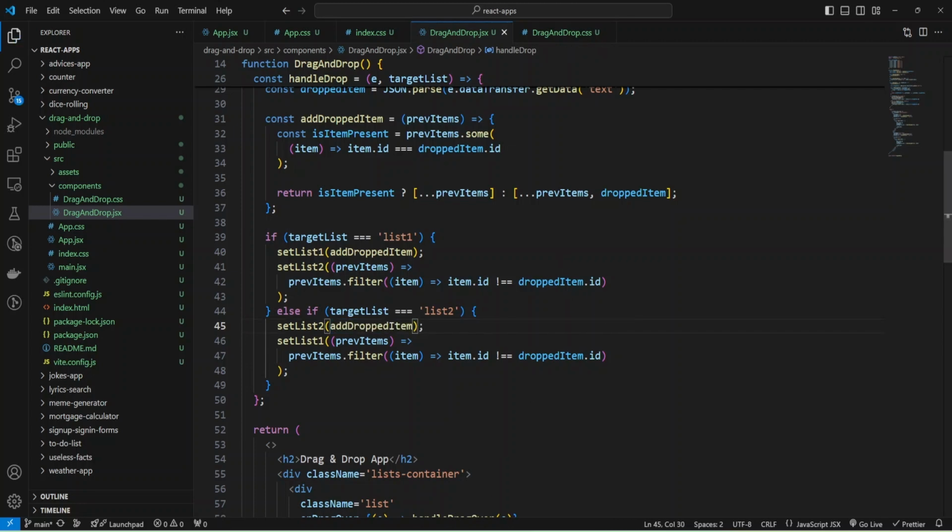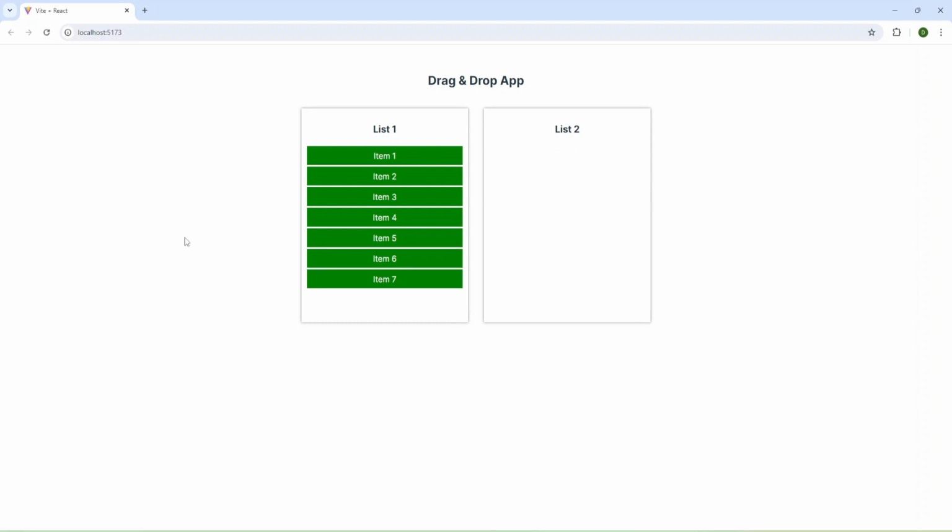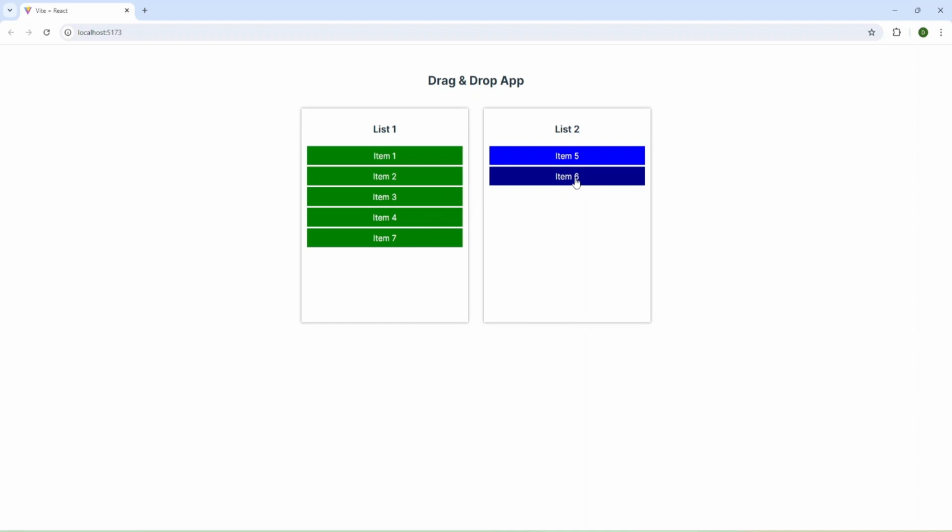And let's check what we have. I'm going to refresh it and move item 5 to the list 2 container, and move item 6. And now I'm going to move it back and again, and now I will move it to list 1, but then return to list 2. And as you can see, we don't have an extra item 6. And I will do it for item 3 and check again, and for item 7. Okay, everything is working as expected,